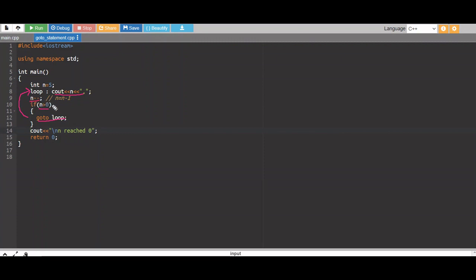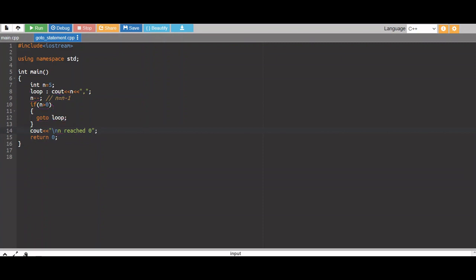Again n is decremented, again the condition is tested, the goto statement gets executed, goes back to this line, prints n value. Same thing continues until n reaches the value 0. Once n reaches 0, 0 greater than 0 becomes false and the goto statement is not executed. The following statement, cout n reached 0, gets executed.